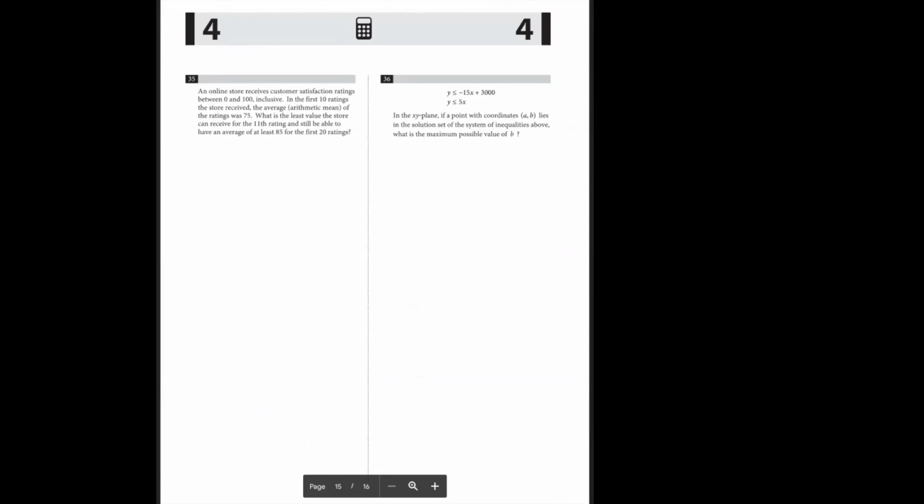So it says, in the xy plane, if a point with coordinates a comma b lies in the solution set of the system of inequalities above, what is the maximum